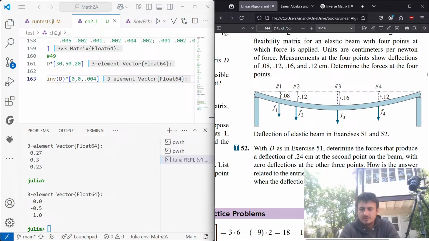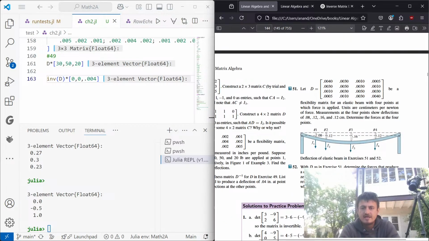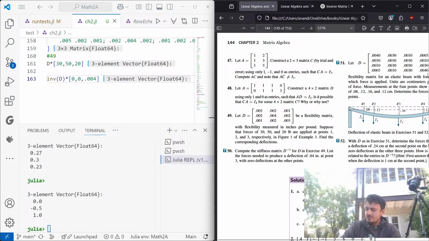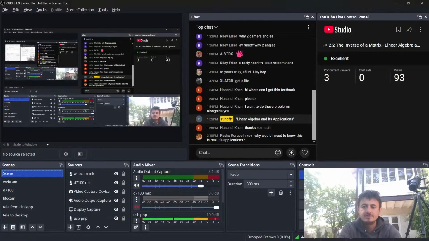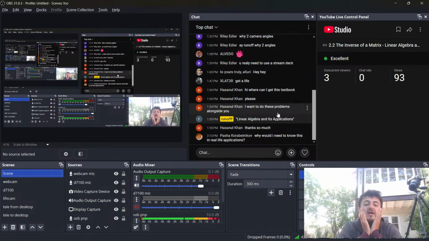All right, I think we're good. All right, so that is the section on matrix inverses. We are done. I'm probably going to do the homework, then I have a test to do,